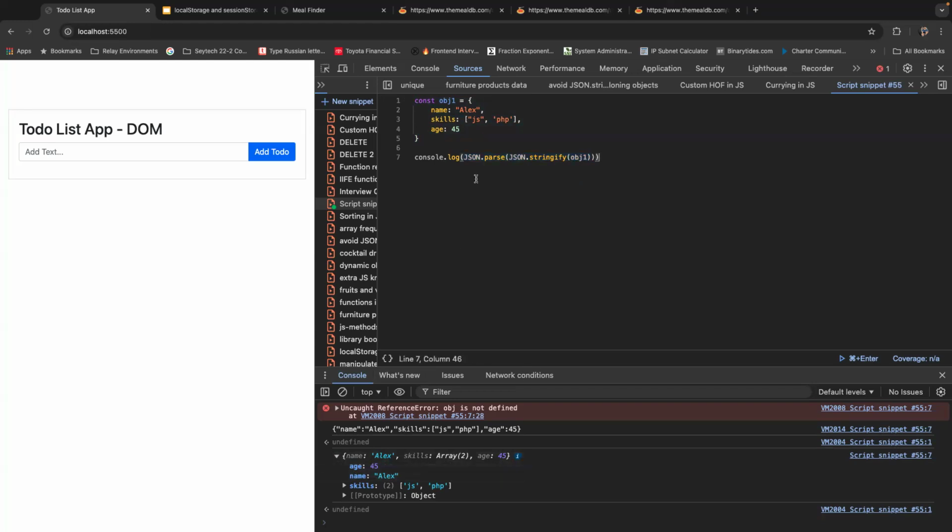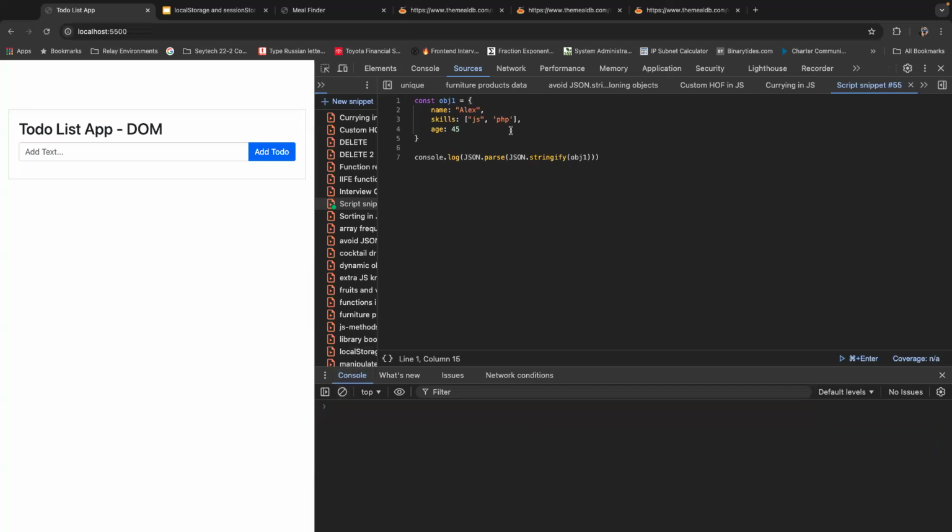But we have to be very careful when we are dealing with key value pairs where the value part is undefined. Okay, if it's undefined, then we have to be careful. At the same time, if we have a function inside the object, that'll be a problem too. What I mean by that is, let's put address as undefined. If I stringify, it will just stringify regularly. But if I parse it back to an object, okay,